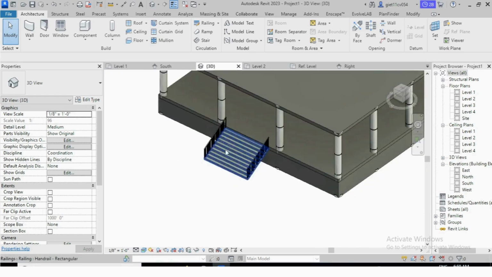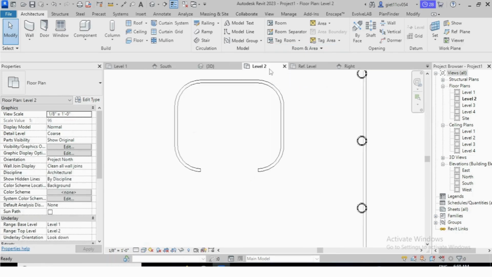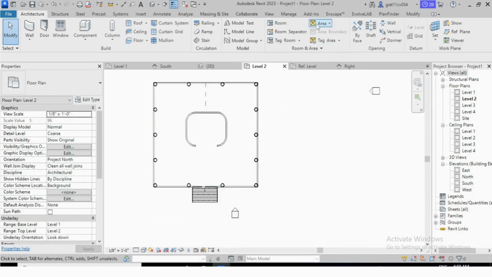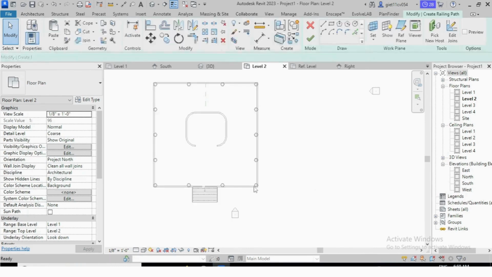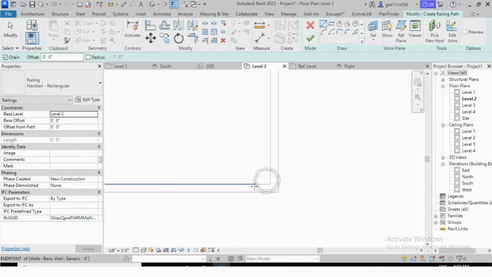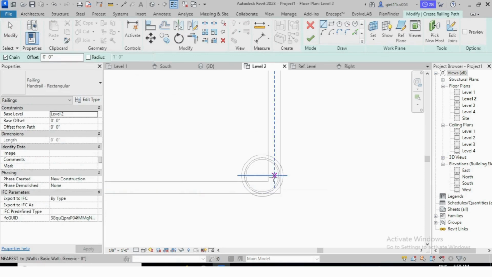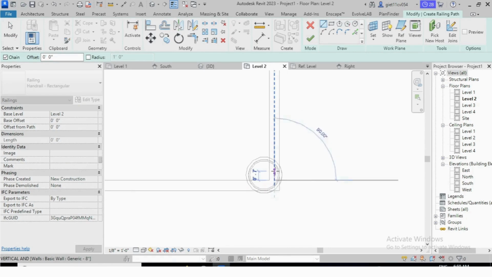Now we have to place railing over here, so it looks nice. For that we have to go in level 2, select here. From here you can select the railing, and now we can place the railing.